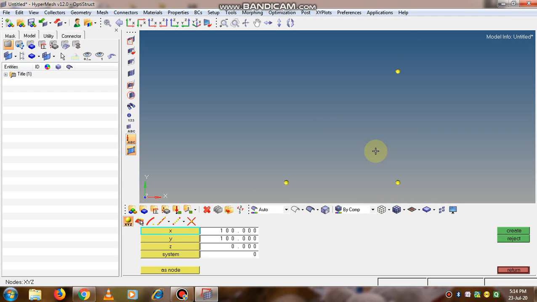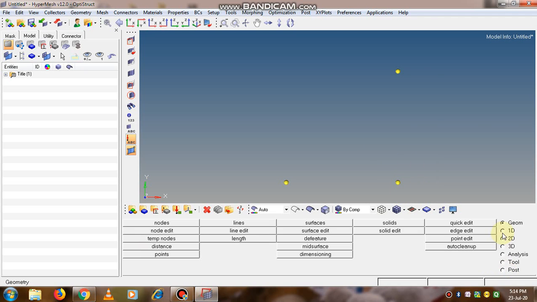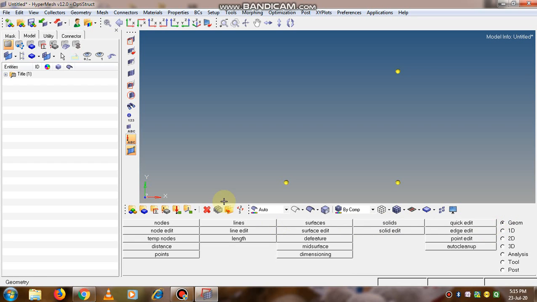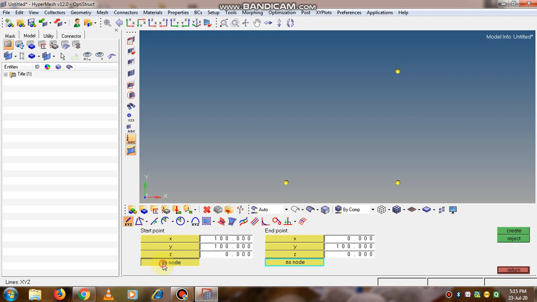So once the node is created, we will go to the option that is 1D, Geometry and lines. Now select the first node and second node and click on the create option, so the line is created.